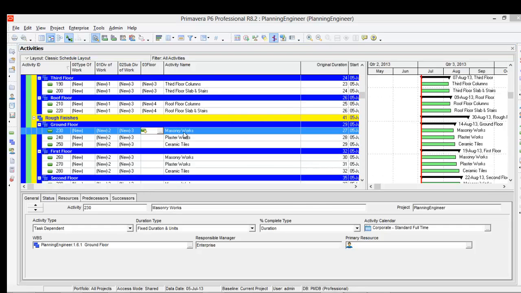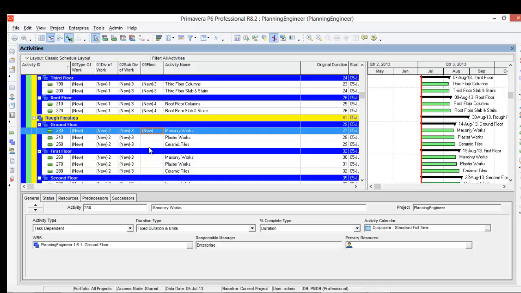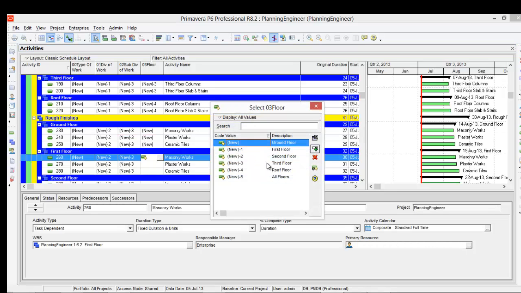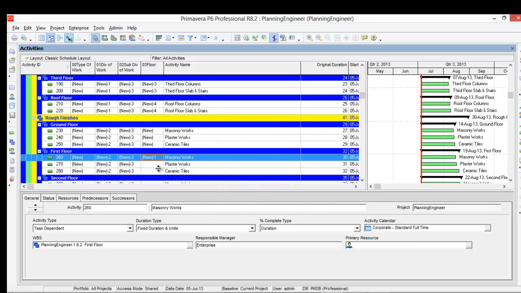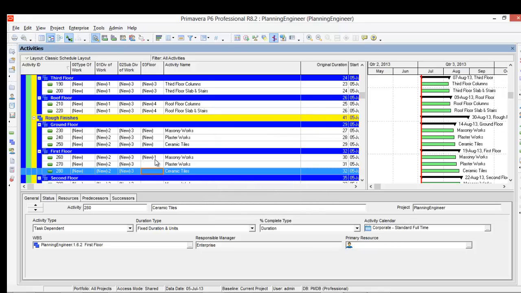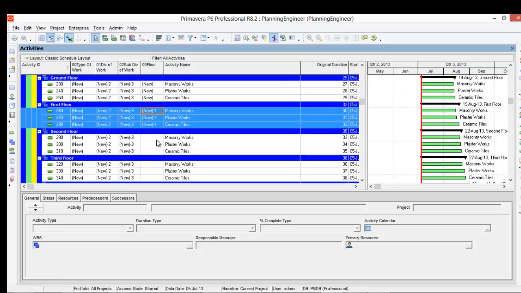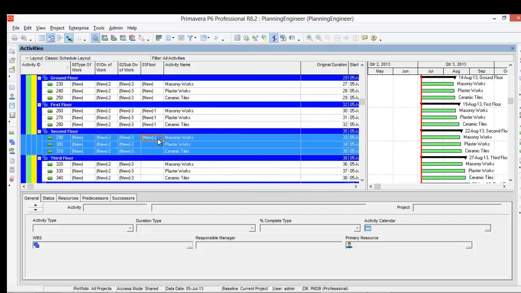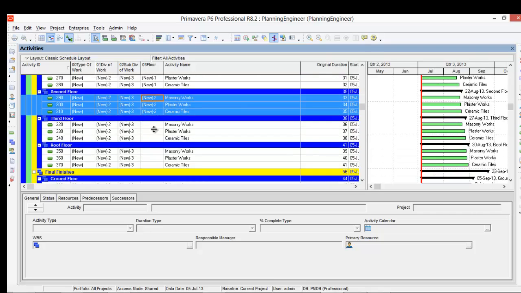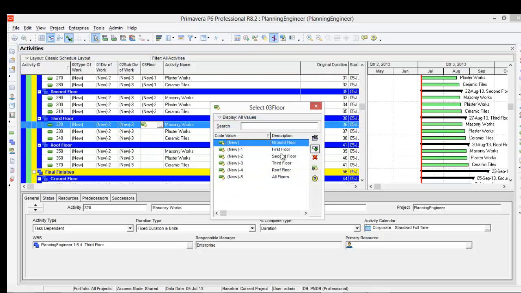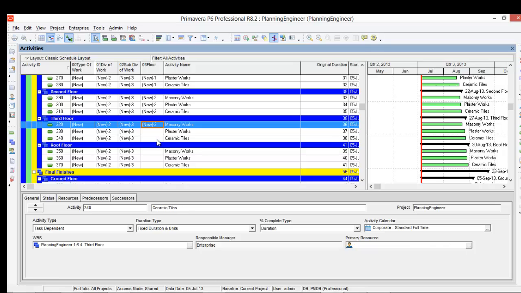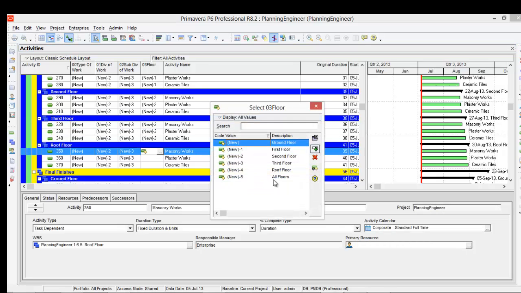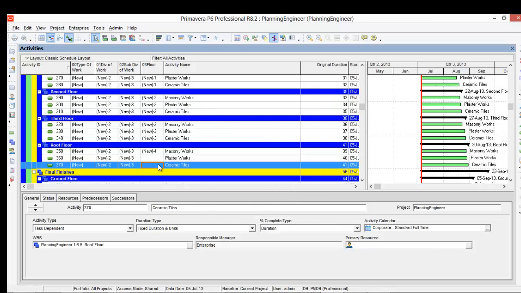Again I have to make the same. This ground floor, this is first floor, this is second floor, and this is third floor, and this is roof floor.